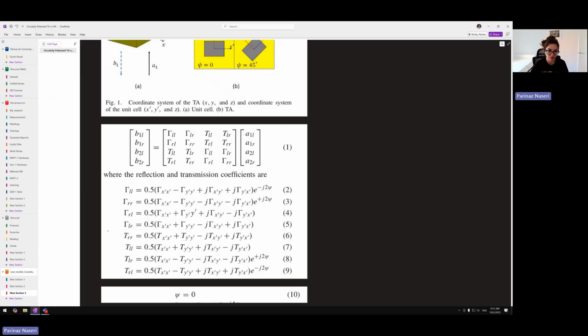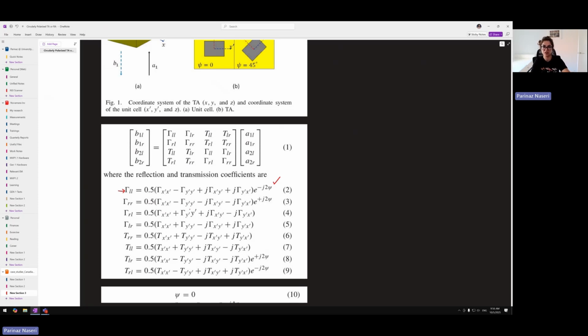Okay, so for example, here, this is the reflection coefficient of a left-handed circularly polarized wave, LHCP. So if I excite this unit cell with an LHCP wave, how much reflection coefficient would I get in LHCP as well? And that one, you can define like this, compared to the coordinate system of the unit cell itself. And then you can continue doing this. You can copy this, basically,